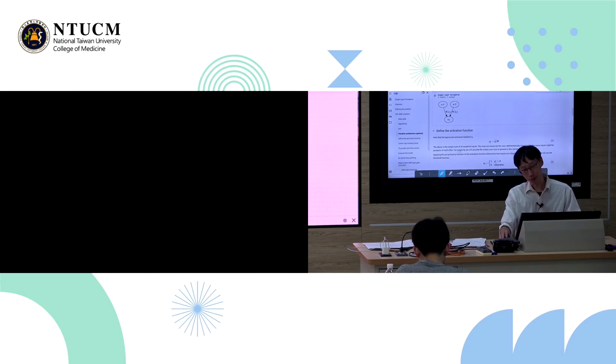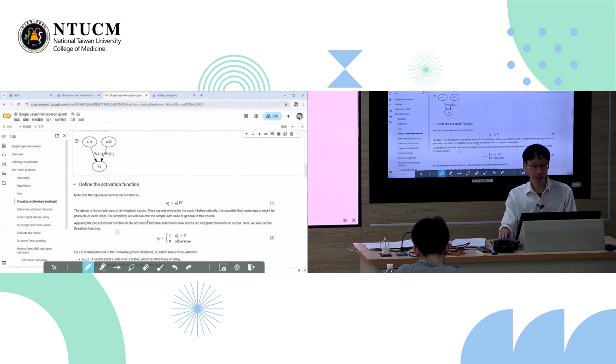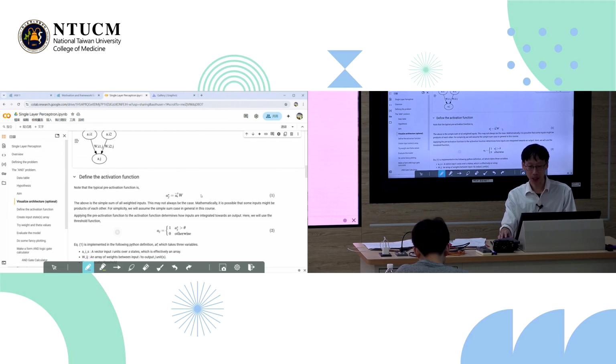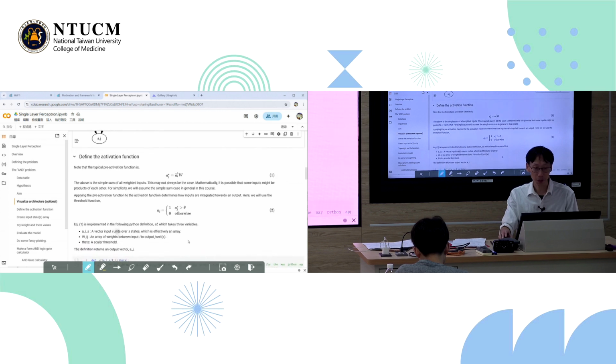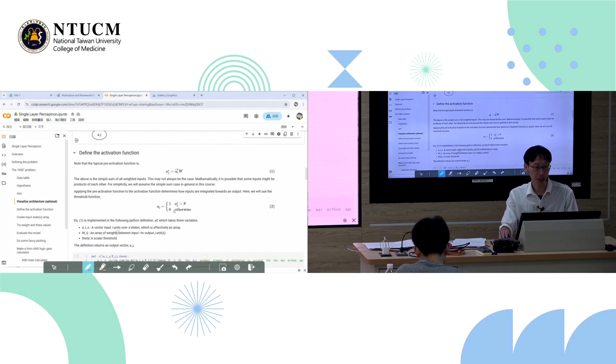Okay, so we have the visualization. Now we define the activation function, and as we said, the equation for it in matrix notation is AJ star, the pre-activation state, equals the dot product of the input vector AI with the weights array or weights vector. Okay? No questions there. I assume everyone's pretty familiar by now. We've repeated this many times.